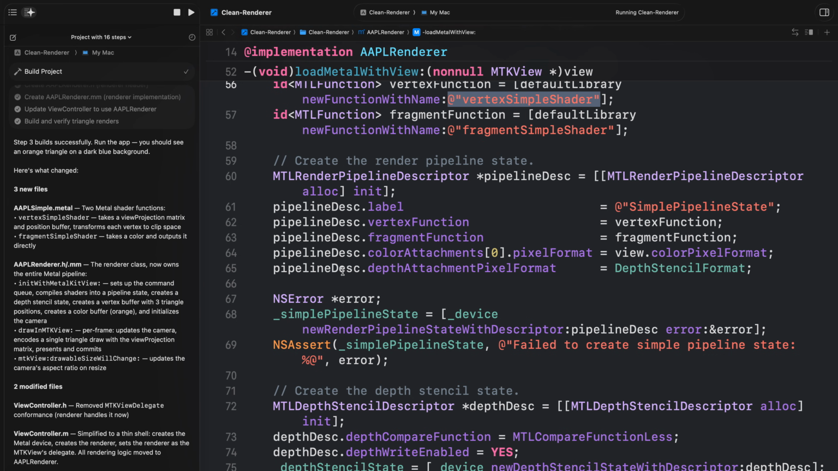I'm gonna say this is error checking. So simple pipeline state equals device new render pipeline state with descriptor, the pipeline descriptor, right? So this guy right here, which is all of this right here. So new render pipeline state with descriptor error. NS assert simple pipeline state failed to create simple pipeline state, and then the error. So this is error checking to make sure that we actually were able to create the